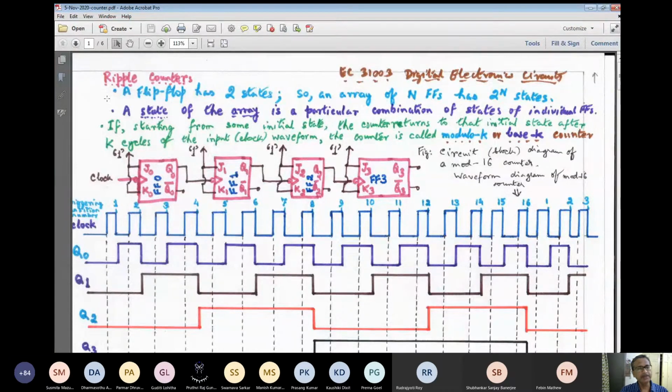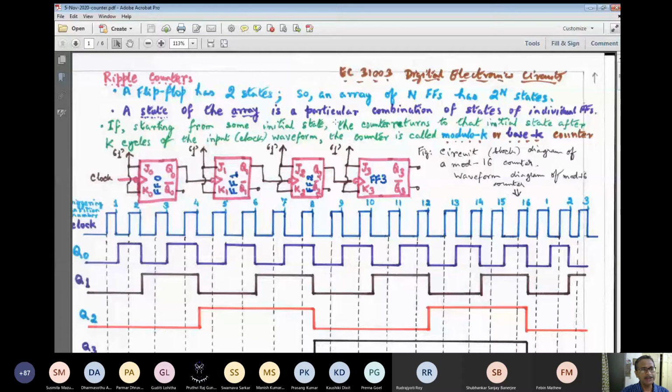Even a shift register can be configured in the form of a counter, which we shall see later. And counters have many important roles in the domain of computer architecture also. When a counter passes to a particular state, some actions need to be taken, some status signals need to be checked, some control signals need to be activated, and so on. So the counter plays a very important role.